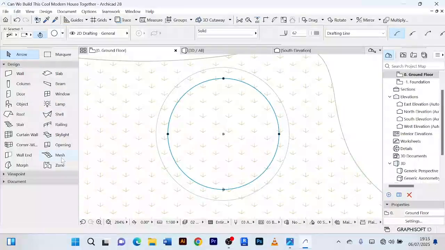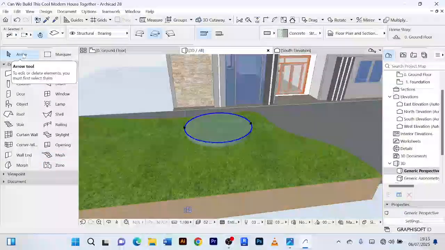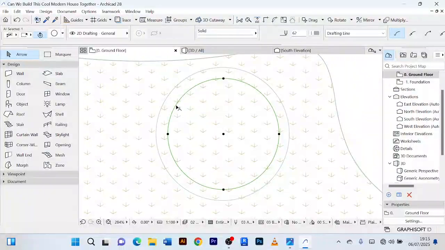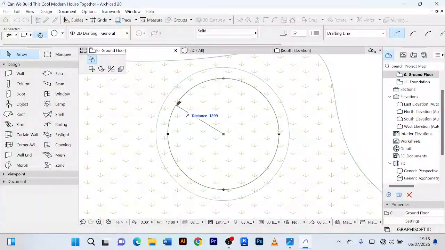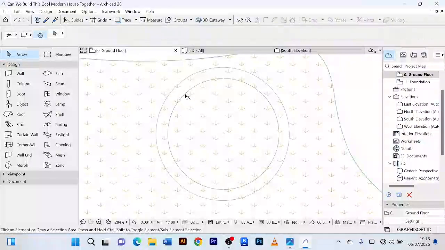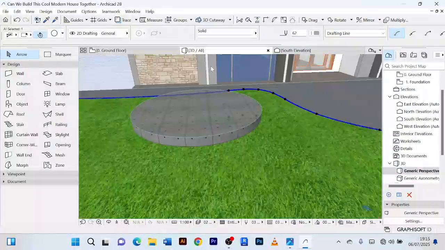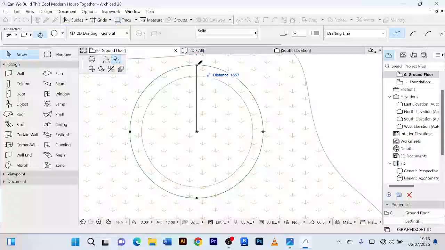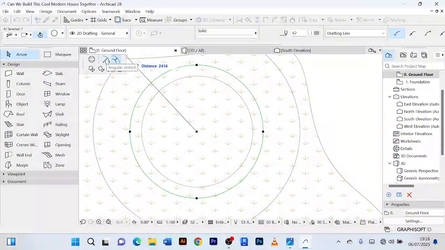So I'll come to, let's say, the mesh. I'll also click using what? Using my space bar. I'll click that. I come to the 3D and see what I get. It has, I think, created something, but it is this one. Let me try and select it. Okay, let me first click on this. Then when I click on that, if I want to angular stretch ellipse,